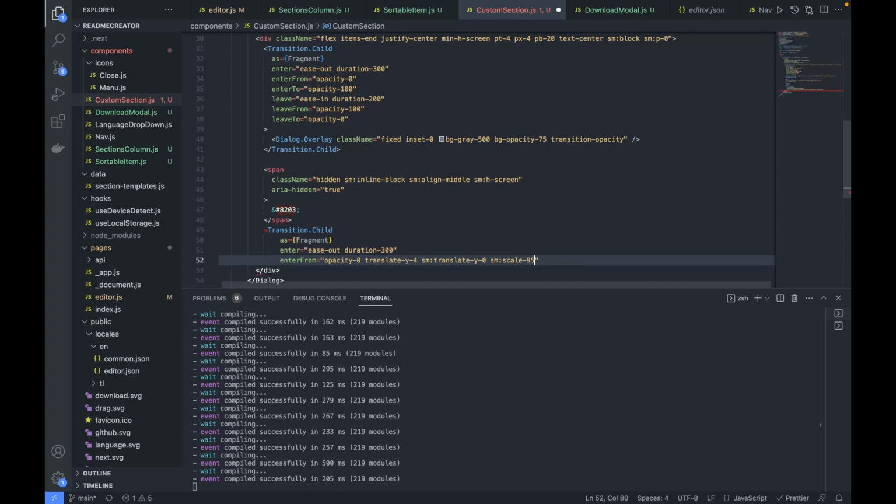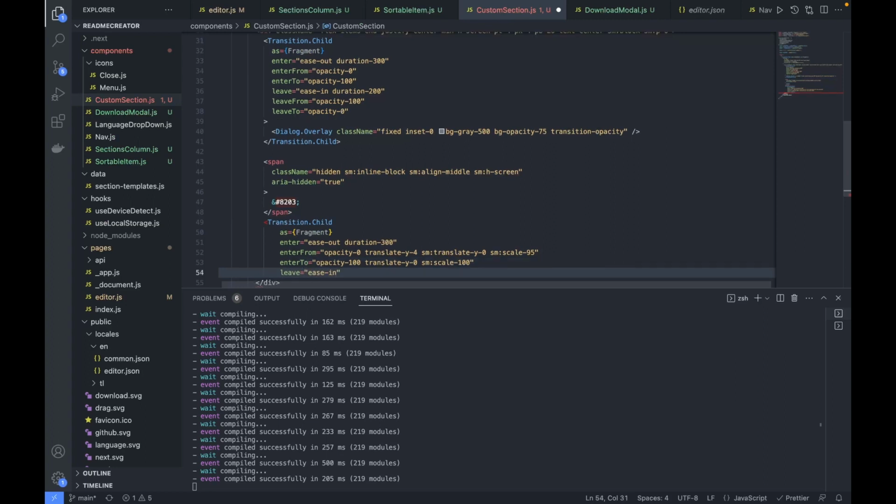Okay, something like this, and enter to, same opacity as now the opacity is 100, and translate y direction 0, and small scale as 100, and leave